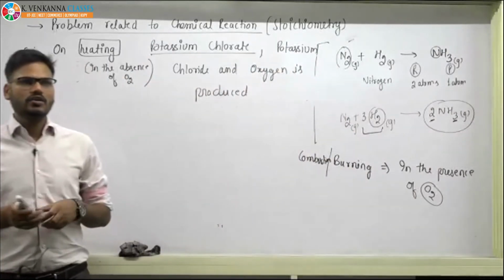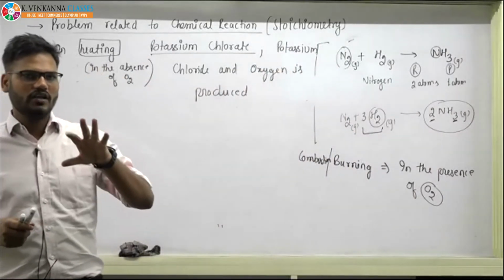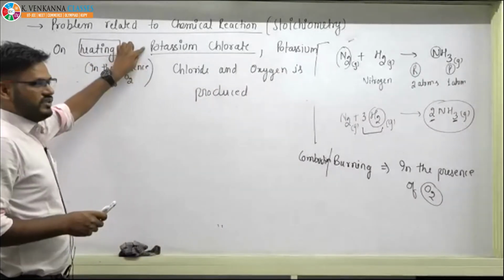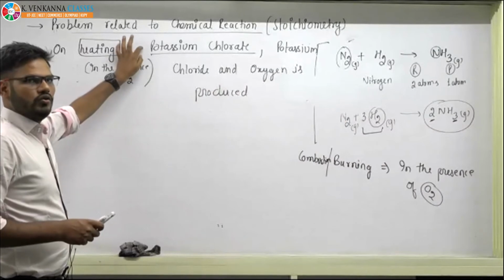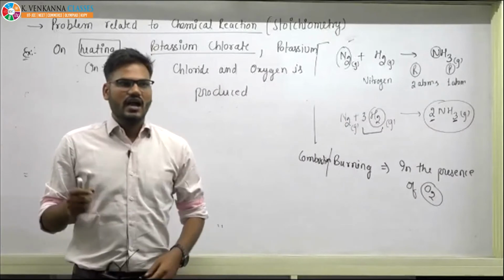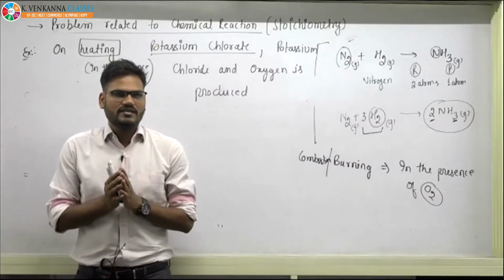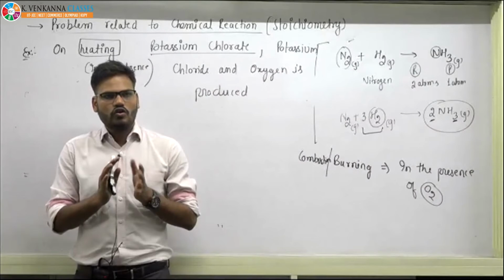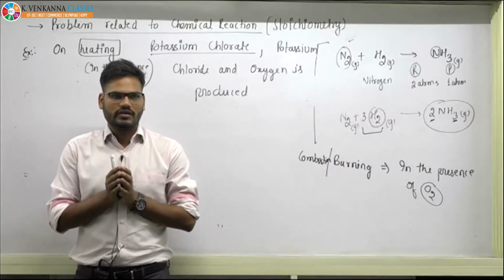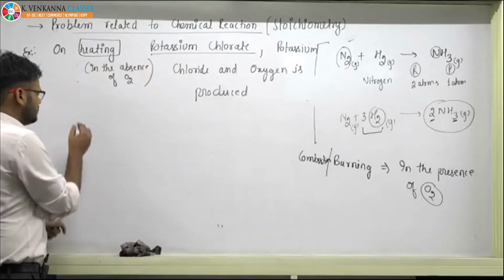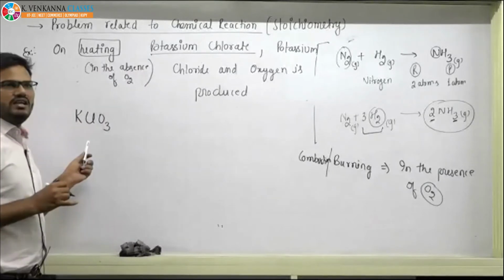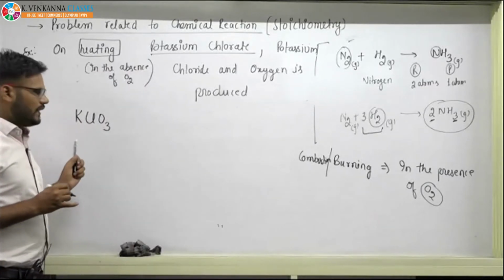To write it into the chemical equation, you must be aware of the chemical formula of potassium chlorate. That is why from the first day, I am telling you, you should be aware about elements and their masses. I have taken 1 or 2 lectures on how to write the chemical or molecular formula. So potassium chlorate is nothing but KClO3. And you will see many problems on this compound. That is why I am taking this.